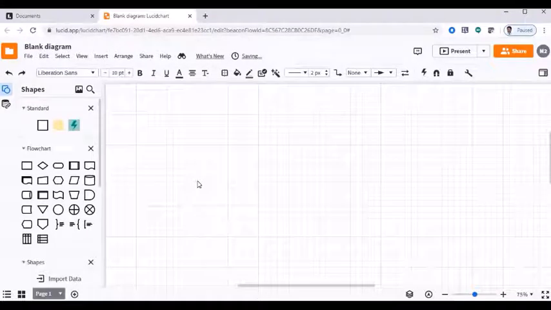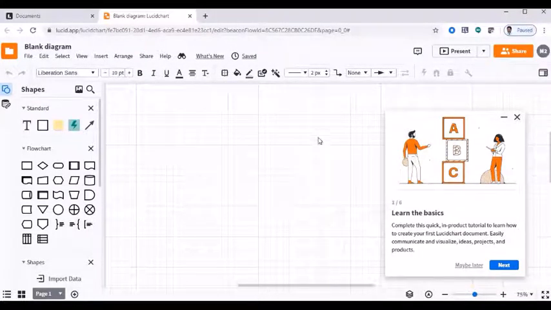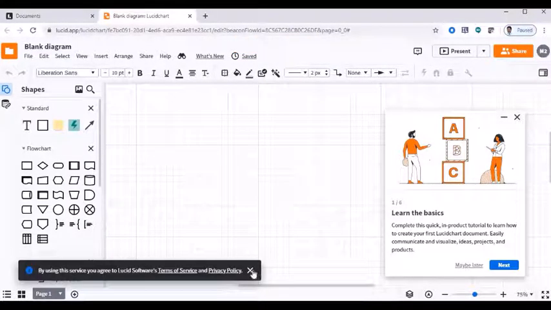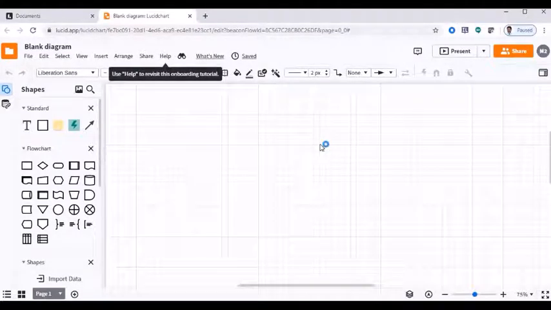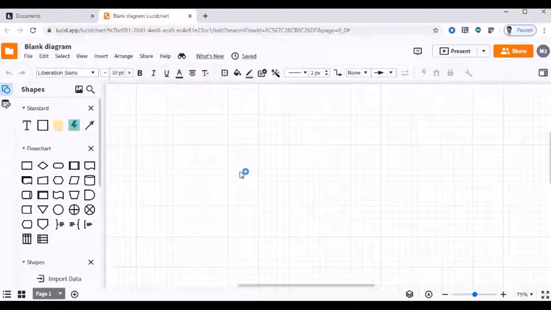This dashboard will more or less look like draw.io, but here we have some additional features also. You can try it on your own. So I am closing all the unwanted things.